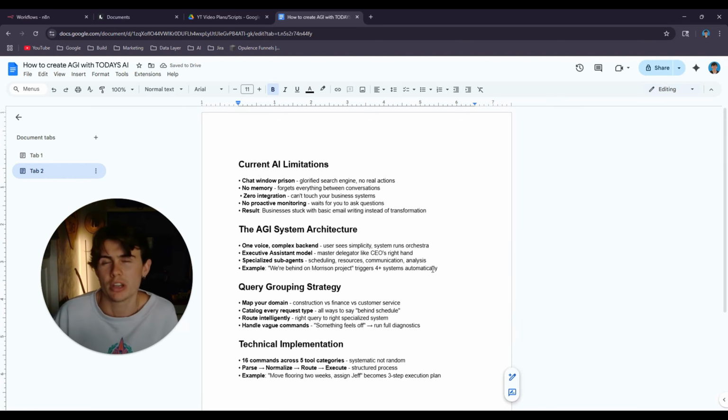So what are the current limitations of today's AI? We're just going to breeze through this to not keep you guys bored. Like a previous video I talked about extensively, it's locked in a chat window. So the chat window prison. LLMs and AI right now, in the form you might have interacted with them the most, ChatGPT, Google's Gemini, or Grok, operate in a closed box of a chat window.